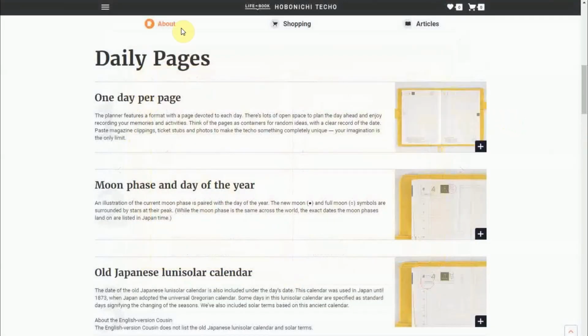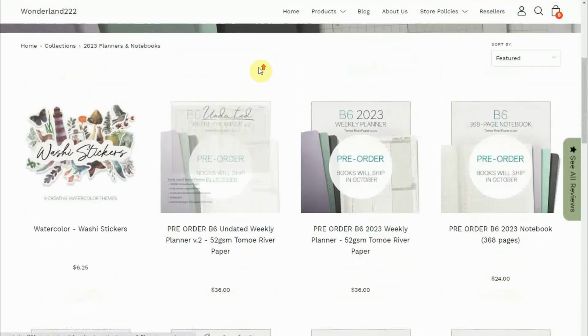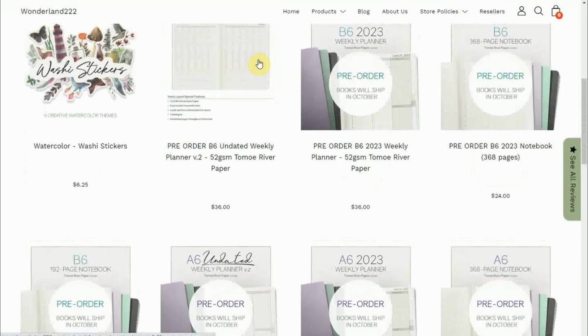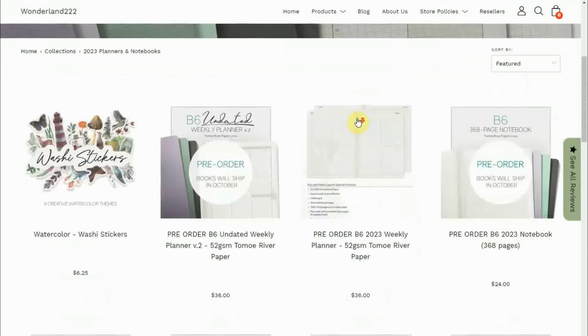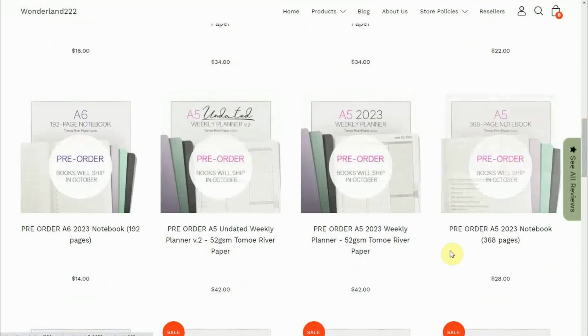So let's look at Wonderland 222. They're doing a pre-order right now. Theirs come in a lot more sizes. I believe there's another version of the Hobonichi, but I don't really like a smaller one. I never see it talked about, and it's too small for me to care about. But I care about A5 and B6, both of which Wonderland 222 covers. These are the pre-orders. So let's look at the A5